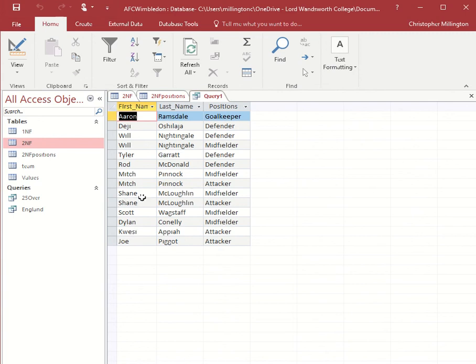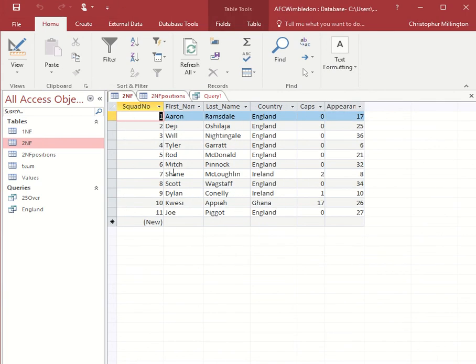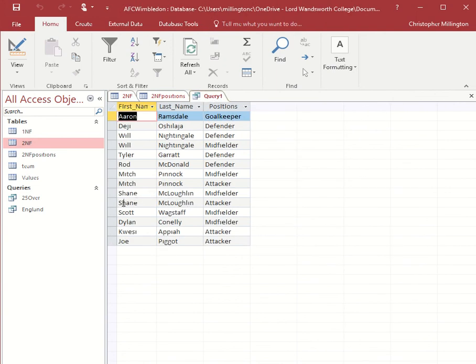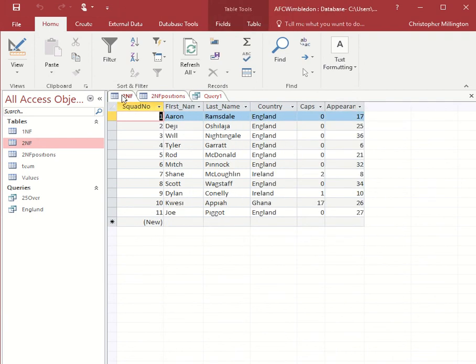And say Shane McLaughlin, who only has 1 record here, has now got an entry as a midfielder and an attacker. Say, where's another one in here? Will Nightingale is now a defender and a midfielder. He has appeared twice in there, but here in the original table, he only appears once. So we can find all the right data in all the right orders, but we have met the requirement of